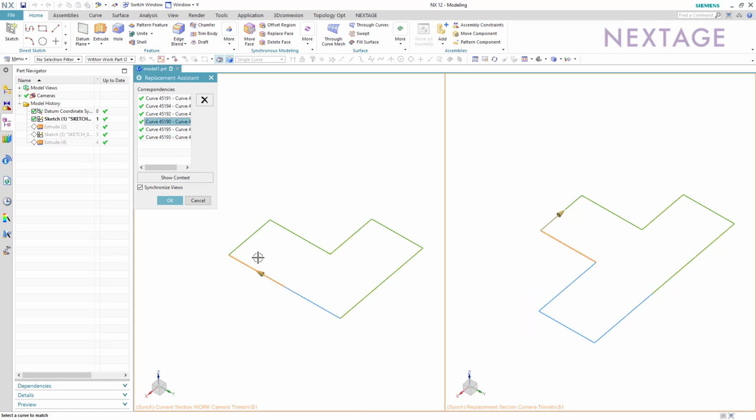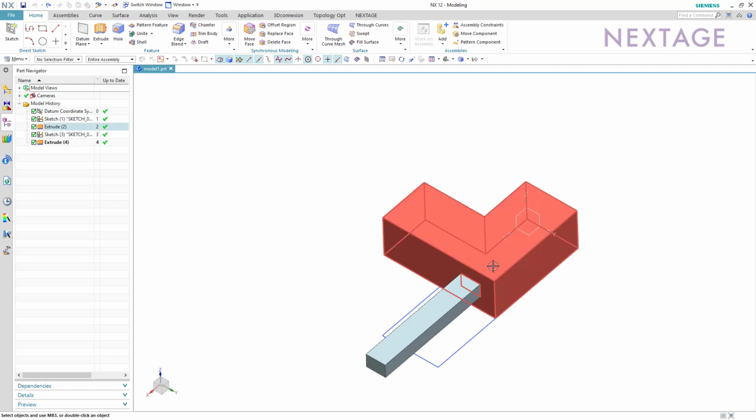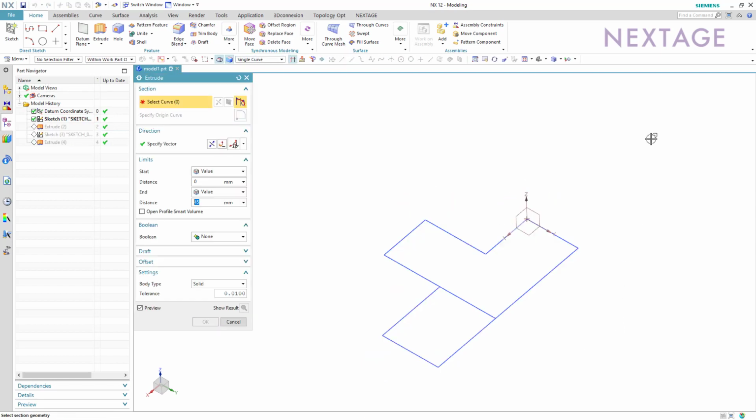Now, because it already mapped this part of the curve, when I say yes, the green face will move over here and the purple one you can see will be extended. So the green one had the sketch attached to it for the second extrude, and therefore that is also moving in on this face. If I undo this one more time and double click here, deselect everything,